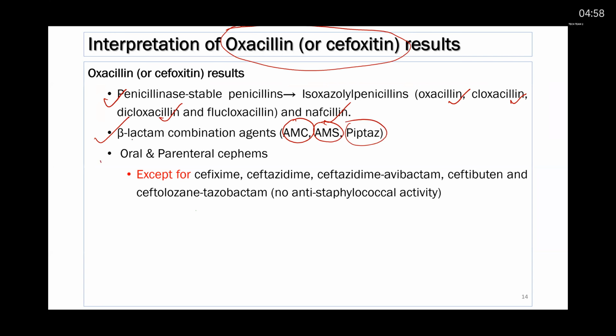It can also predict the susceptibility of oral and parenteral cephems, but beware, UCAST has a specific comment that it doesn't predict susceptibility to cefixime. It doesn't mean that every cephem we can use as an anti-staphylococcal. Cefixime, ceftazidime-avibactam, ceftibuten, and ceftolozane-tazobactam have no anti-staphylococcal activity, so they won't be effective. Other than this list, all the rest of the cephems have anti-staphylococcal activity and can be